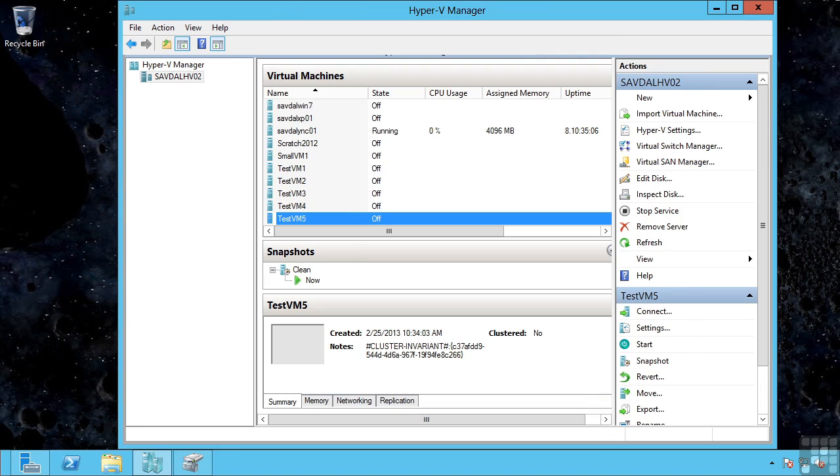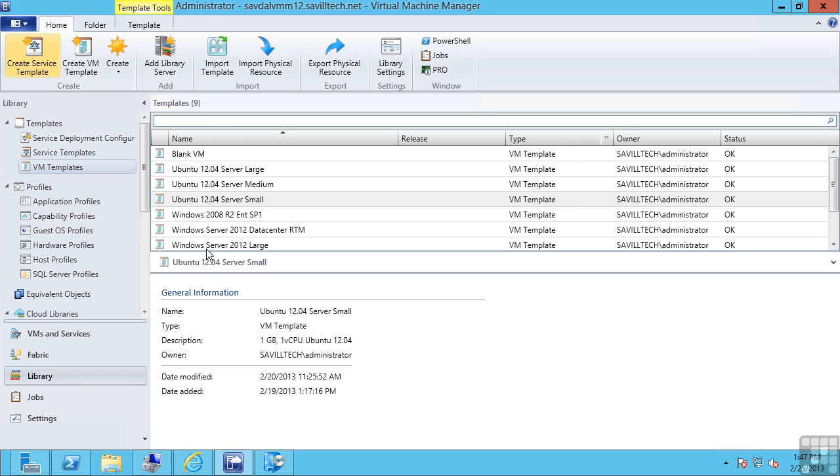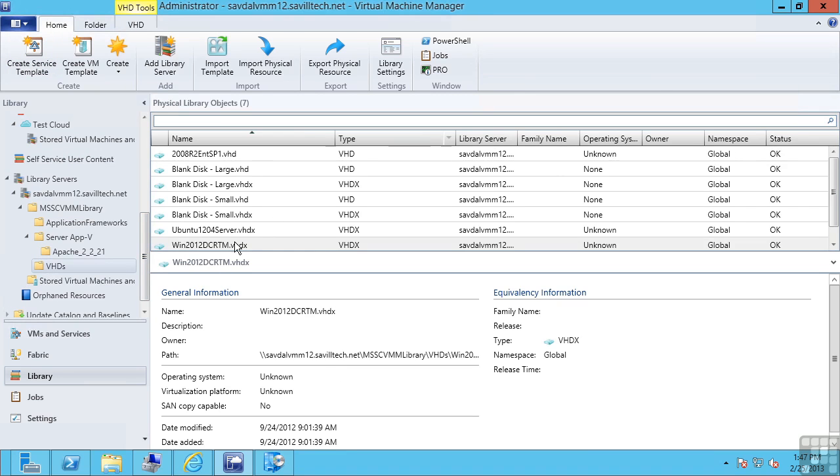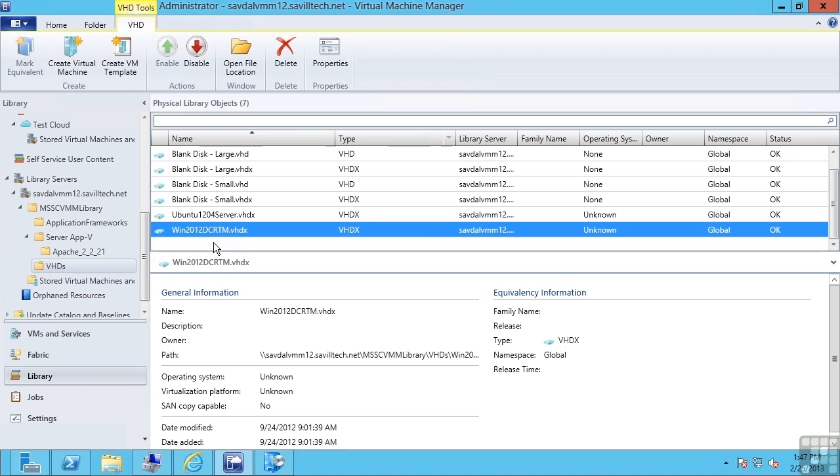The final option, which is for virtual machines only: previously I talked about the sysprep process, which enables me to take a VHD file, boot a VM, and then run sysprep to remove all that unique information. Once I have that VHD file, once it's been sysprepped, what I can do is store it, for example, into my Virtual Machine Manager library. So if I look in my library, I have a number of VHDs. My Windows Server 2012 VHD contains a Windows Server 2012 deployment that's been patched with the latest updates, sysprepped, and